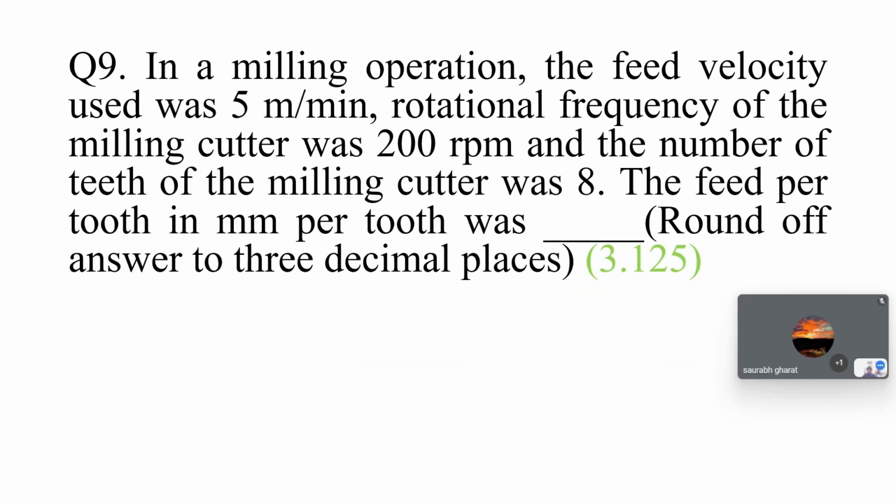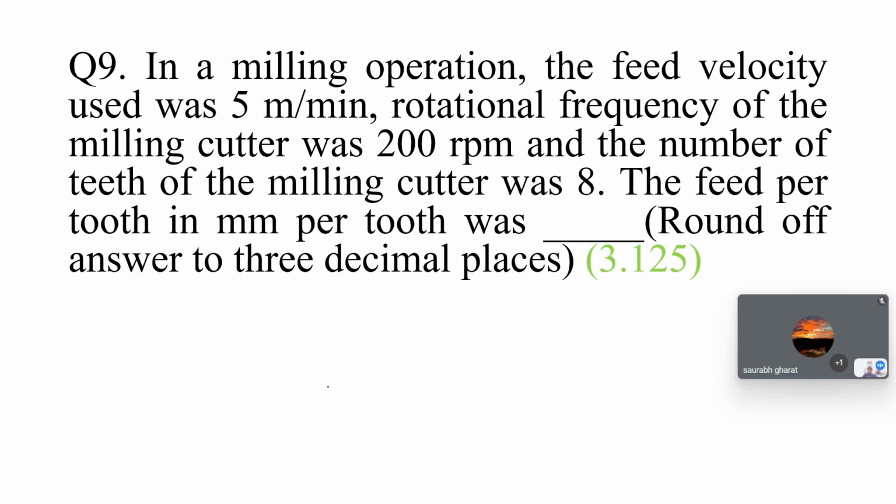Okay. In a milling operation, the feed velocity used was 0.5 meter per minute. Rotation frequency of the milling cutter was 200 rpm. Number of teeth of the milling cutter was 8. The feed per tooth in millimeter per tooth was